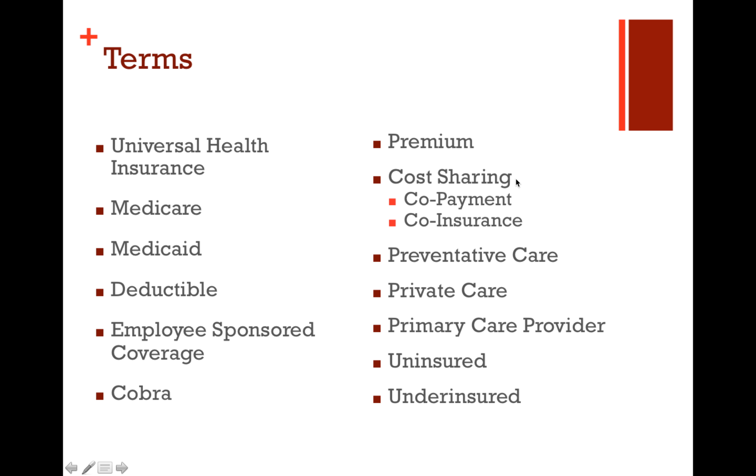Two ways that you can get at cost sharing are either a copayment or a coinsurance. A copayment is a flat rate that you have to pay every time you see your physician. Again, not all plans have a copayment, but for ones that do, if I need to see my physician, I walk in the door, they say, "Thank you, you have a $15 copay." So I know that every time I need to see my primary care physician, it's going to be $15.